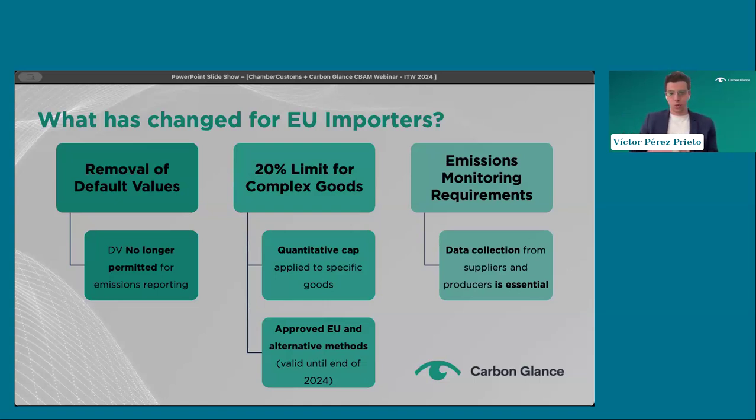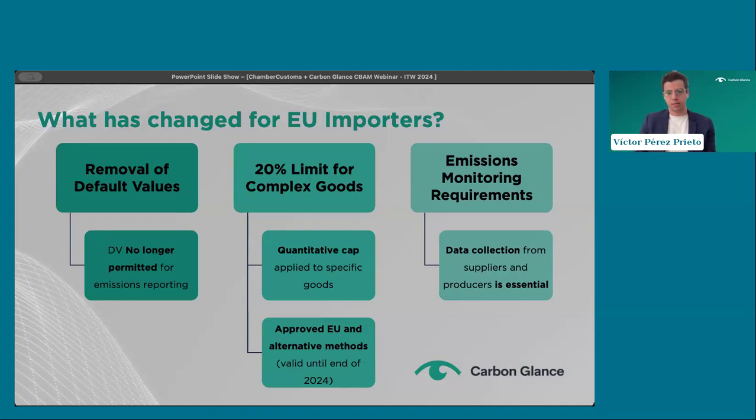Now, if the default values were no longer permitted, what could importers use to report their emissions data? They had to use either the EU method, which is the method that we'll explain later on, or the other option that they had, which is to use alternative methods.